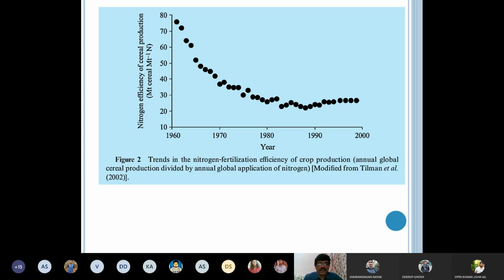And if you see world over, the trends in nitrogen use efficiency in different years, with the passage of time you can see the nitrogen use efficiency of cereal production is decreasing. You can see it is decreasing. So this is a matter of concern, particularly in the case of nitrogen. And the same is happening with other nutrients also. Use efficiency of many nutrients is declining. It means the same amount of nutrient used to produce more 30 years before, but now the same amount of nutrient is producing less. That means nutrient use efficiency is decreasing.